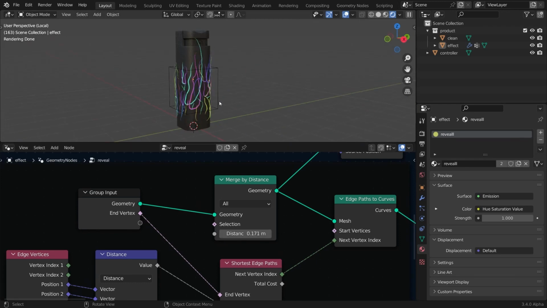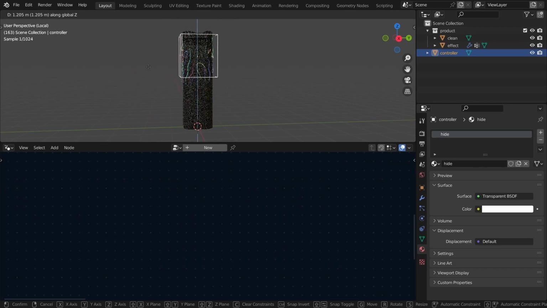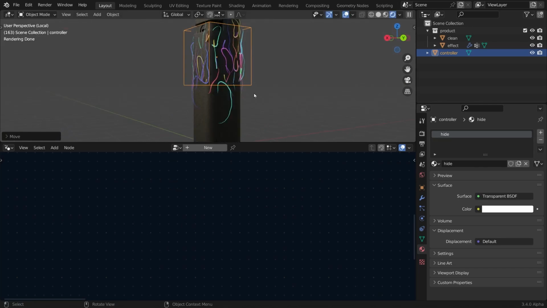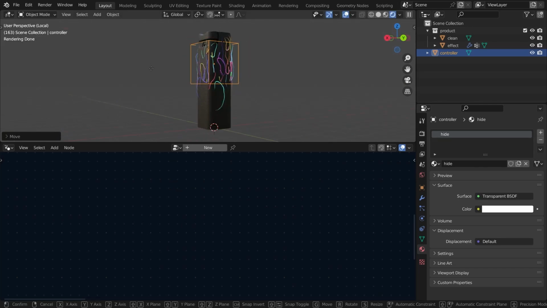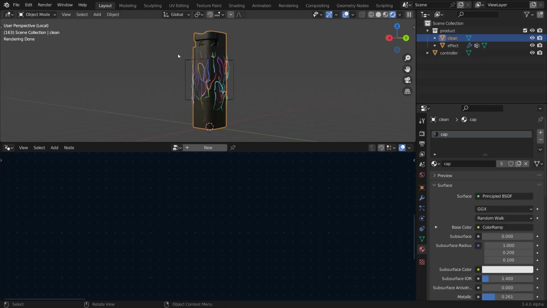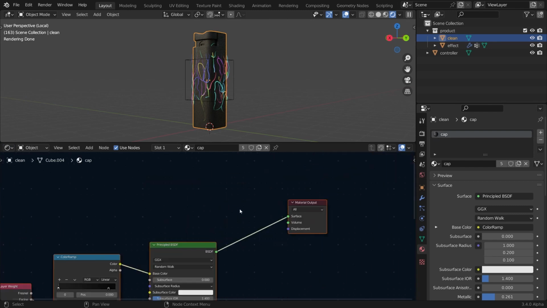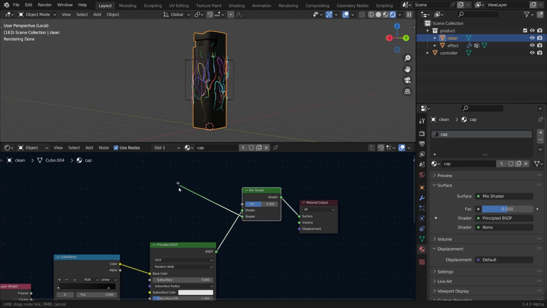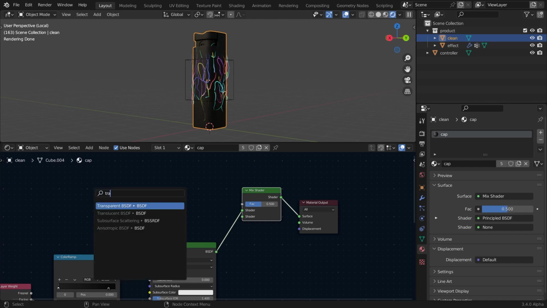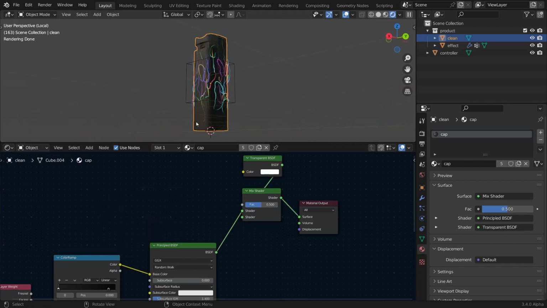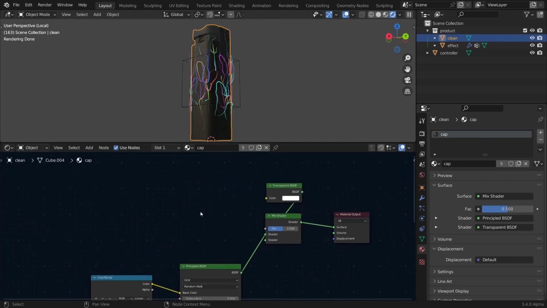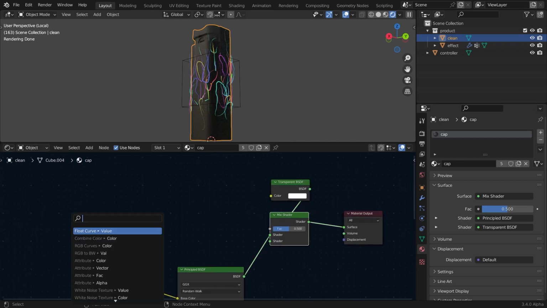So we want to hide the product too with a gradient kind of thing, and when it moves the product is like revealing and these wires are showing up on the revealing area. So let's do that too. So select the product, whatever material you have, go to the shading tab, add a mix shader node, and in the second shader I'm gonna add a transparent BSDF because we want to hide the second one, so we use the transparent here. And in the factor I'm just gonna add a gradient texture,